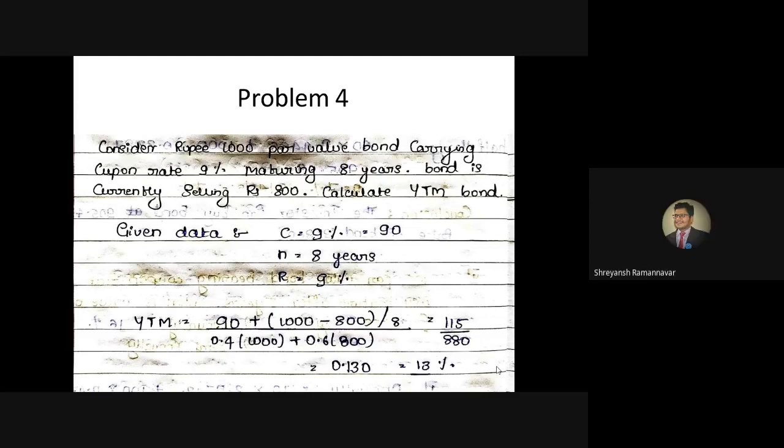So here they have given the price and the maturity rate, sir. Shreyans, I'll be asking you, what is the price of the bond they have given? So price of the bond is 800, sir. Fantastic. And what is the price currently selling at? Currently selling for rupees 900. You have identified that. And what is the maturity value of the bond or par value of the bond?